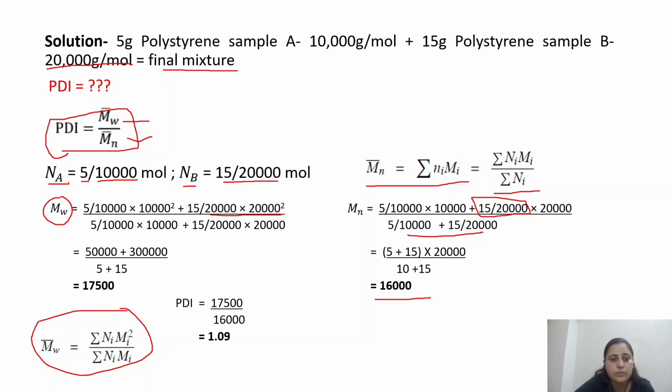15 divided by 20,000, which is the moles, into 20,000 molecular weight square. And then in the denominator, the summation of Ni Mi will be calculated, which is 5 by 10,000 multiplied by its molecular weight, which is 10,000 for A, and then moles of B, 15 by 20,000 multiplied by its molecular weight 20,000. We'll solve and we get the value as